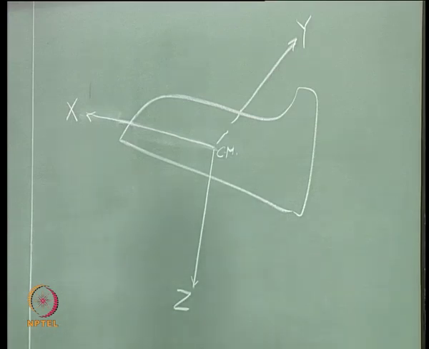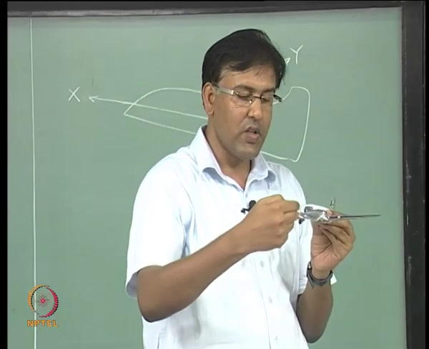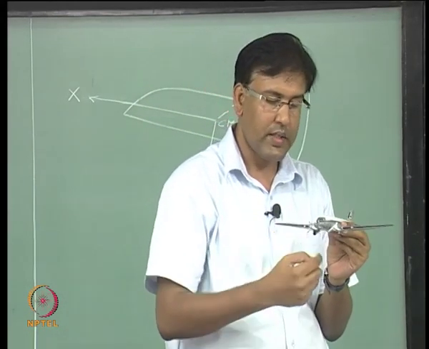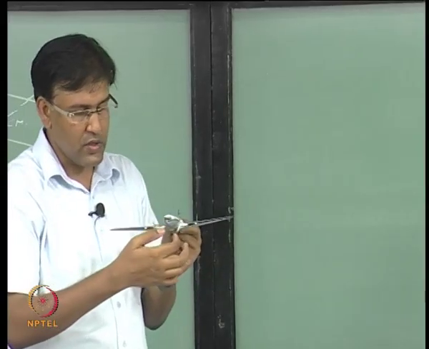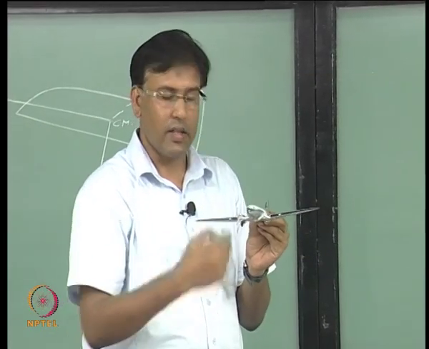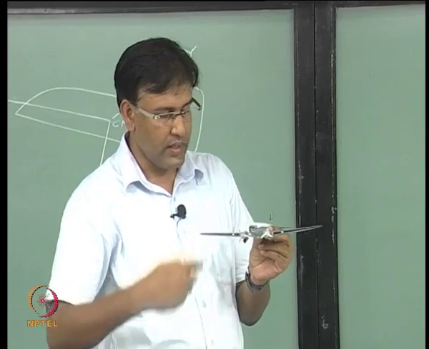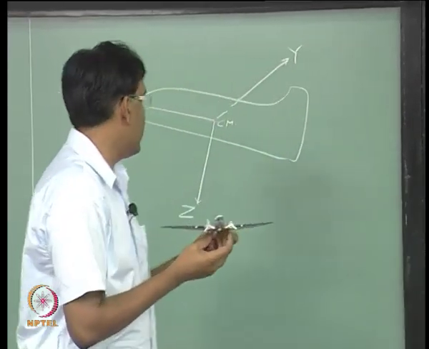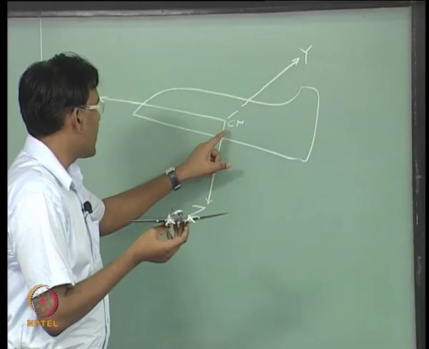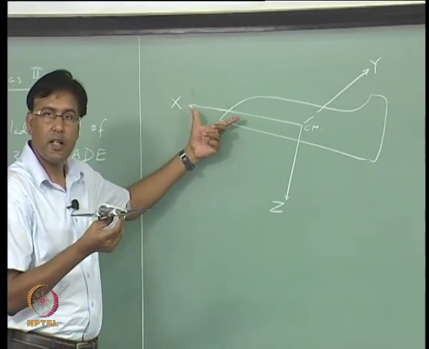So, this X axis can be taken as the line joining the center of the fuselage cross sections. So, if you take the fuselage cross section, there will be a center for that, and when you join the center of the fuselage along its length, you can define this x axis at that line,